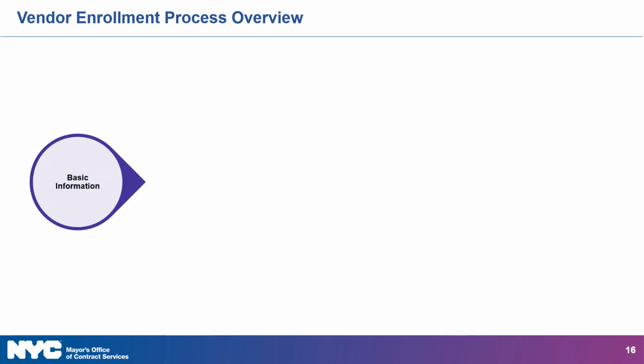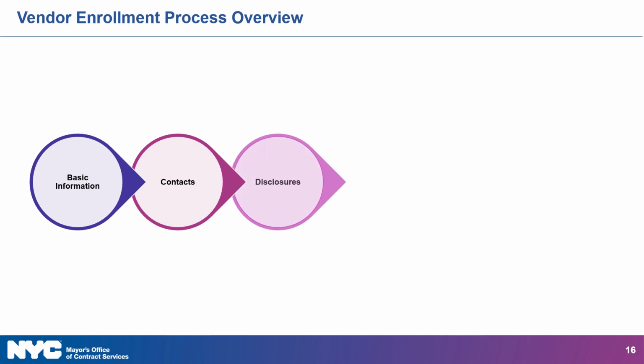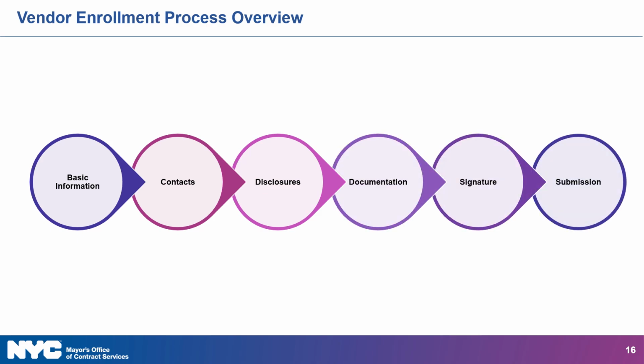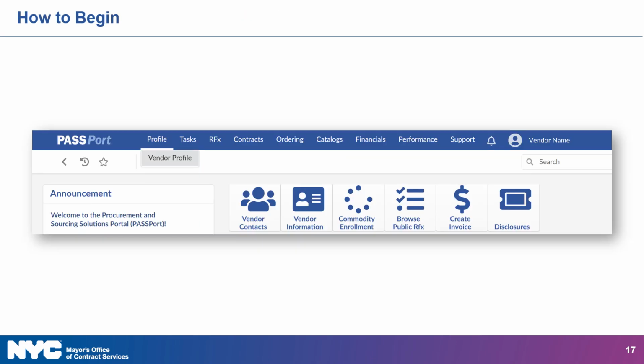First, you'll enter basic information about your organization, add contacts to your vendor account, and make sure they all have the required user roles. Complete disclosures, upload relevant documentation, and add an e-signature, and then submit your package to the city. To begin, you must access your vendor profile, and there are 2 ways to get there from the homepage